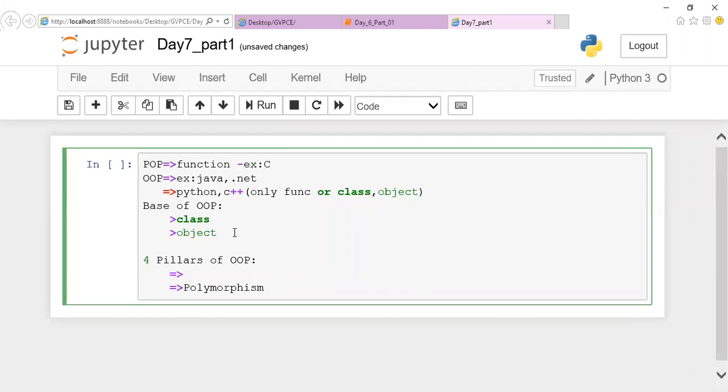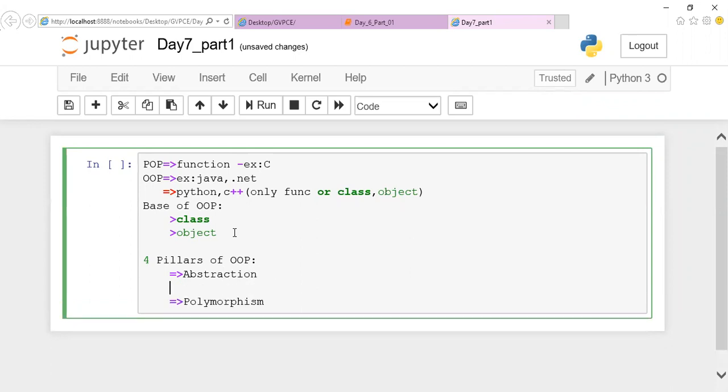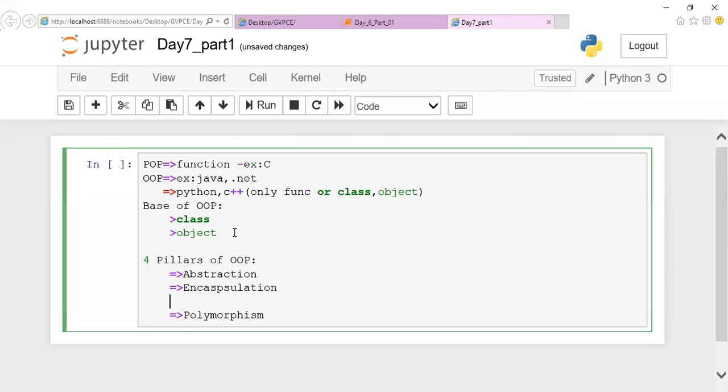So whenever I say four pillars of OOPS concept, those are abstraction, encapsulation, inheritance, polymorphism. These are the four pillars of OOPS concept.